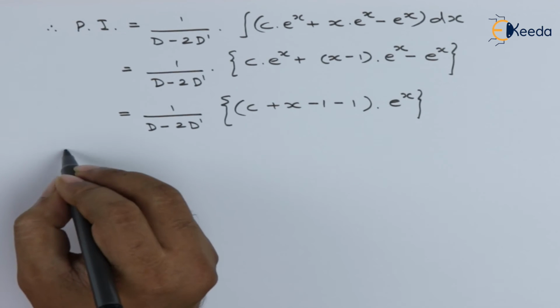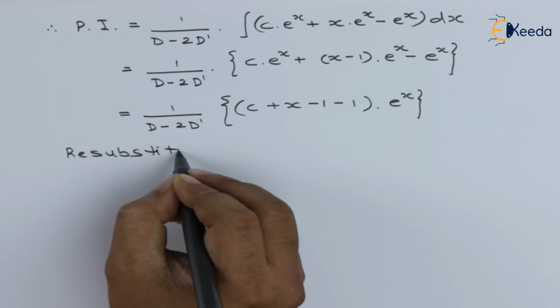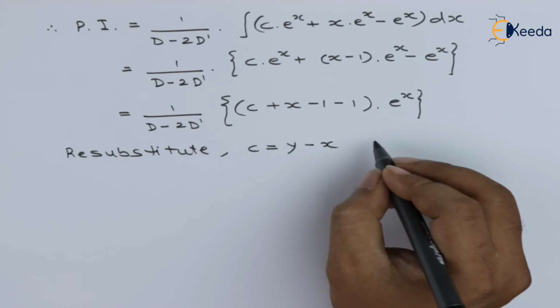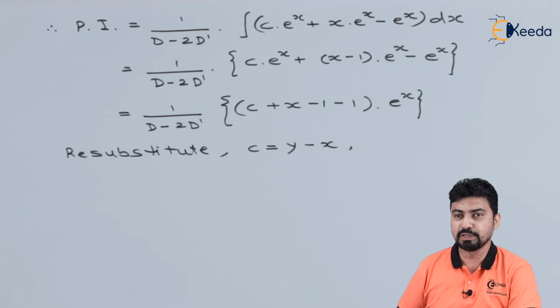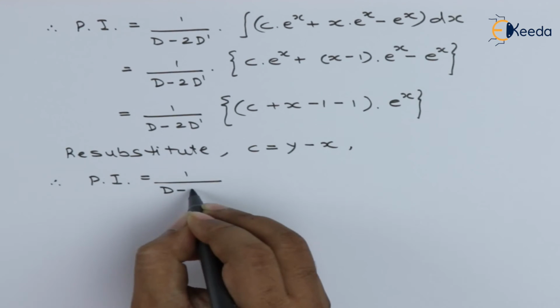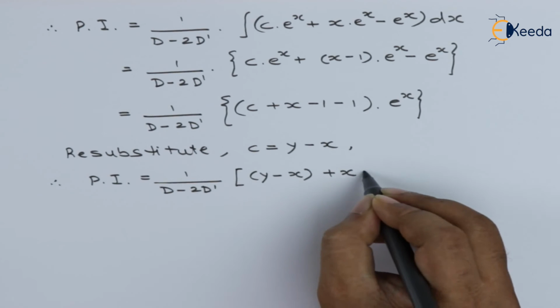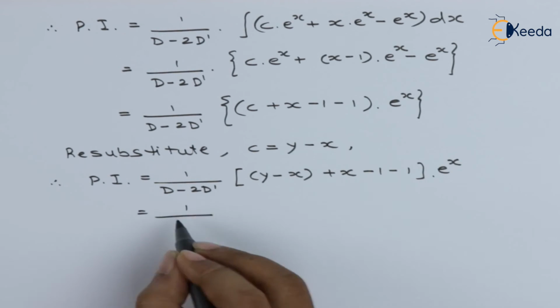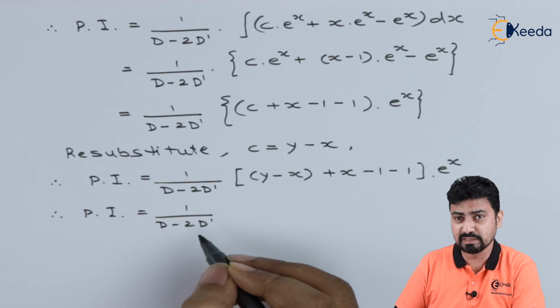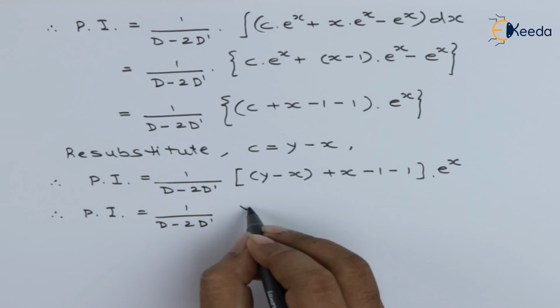Therefore, we will be resubstituting c is equal to y minus x. Thus, after simplifying and applying the first linear factor, we get